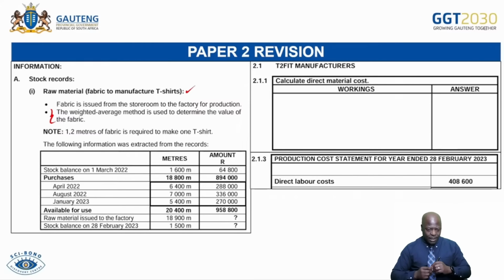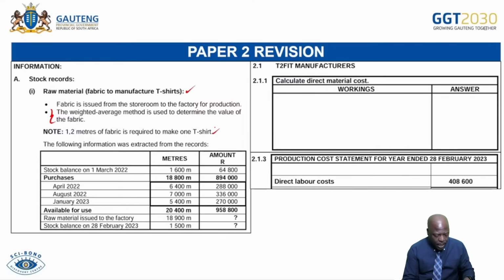So in this question, we can see where the weighted average method, the examiner could have used the first in, first out, and then test the inventory valuation separately later, only to have the FIFO and the specific identification in a separate question. But here they would have brought in the weighted average. So that can still be tested as we see here. So as you practice, make sure you expose yourself to certain questions like that, where there can be integration of certain topics that can relate. So here we're told the weighted average method is used to determine the value of the fabric. And then 1.2 meters of fabric is required to make one t-shirt.